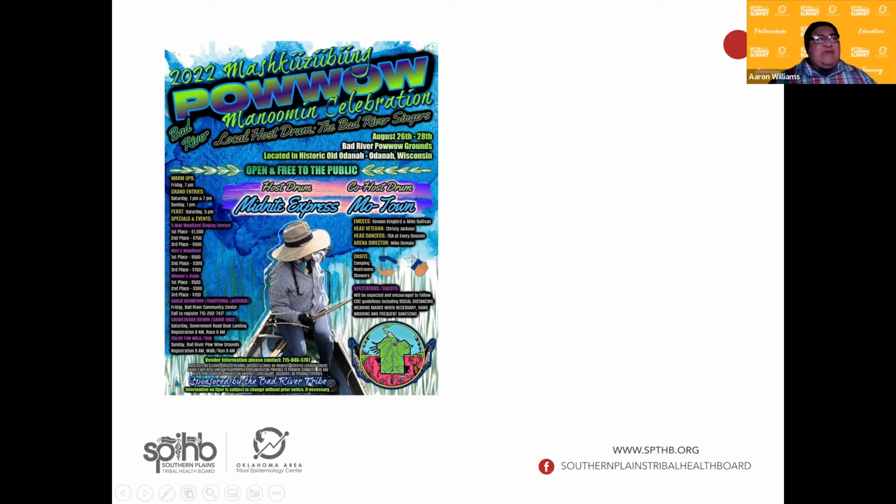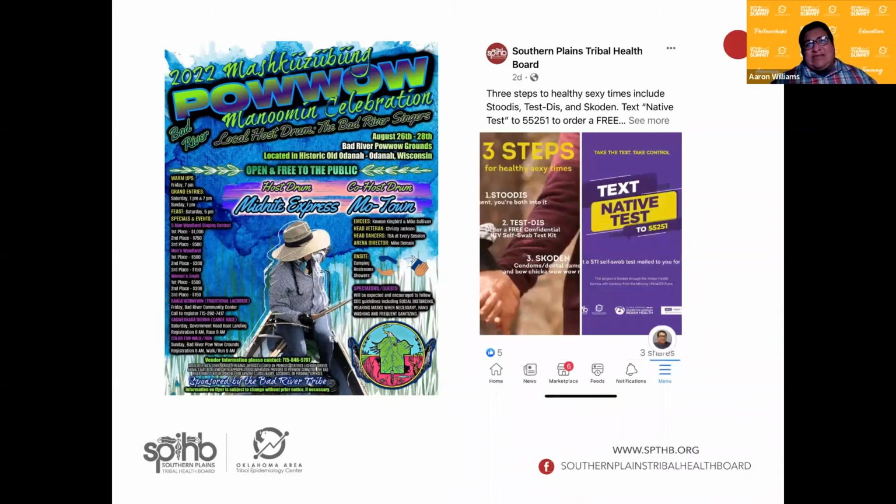All right, so this is what we're trying to avoid. You want to keep things a lot simpler. For something like this, you can post it. I'll show you a way that we can make things a little bit simpler. Something like this is something that one of our programs here, Southern Plains, has been doing. They farm this out to another organization to create this, but it is a great example of what we're striving for. It's very simple. You can see that in the first lines of the caption,